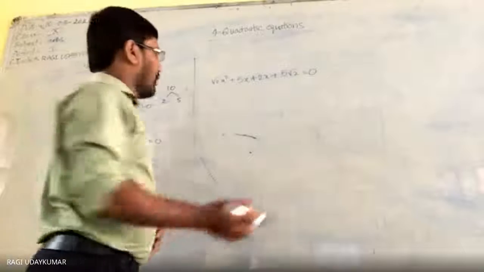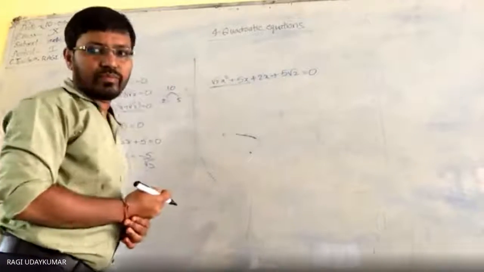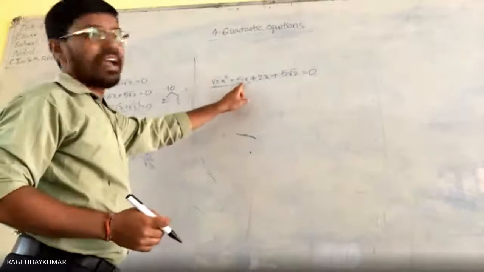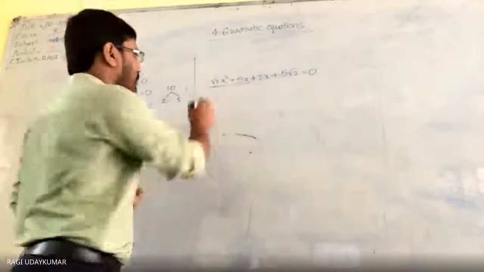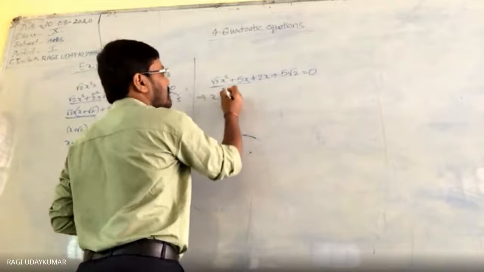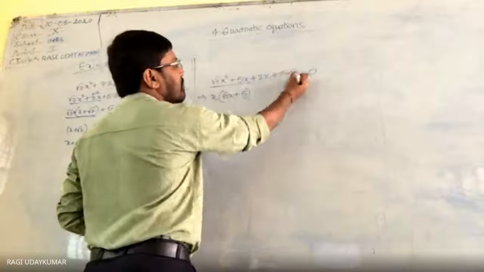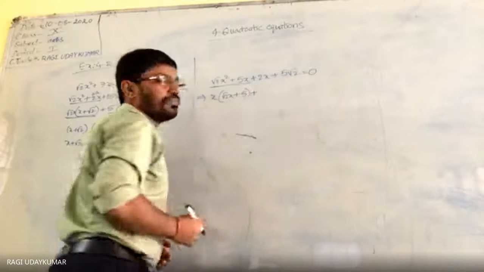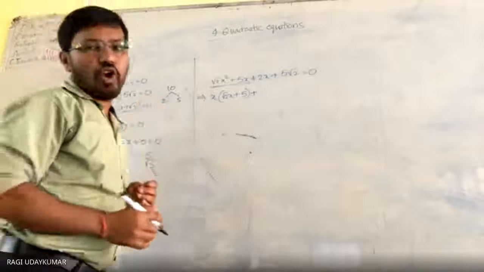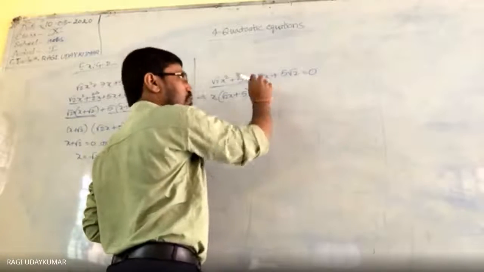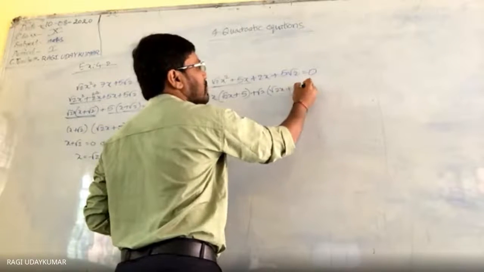If you have a doubt, what is common in these two? The root 2 here and 5 here, so no number is common, only x you can take as common. So x common, take root 2x plus 5. From these two, one is you can take common. Root 2 you can take common. Here root 2 is there, in this also root 2 is there. So if you take root 2 common, here root 2x plus 5.